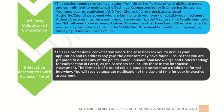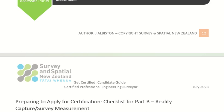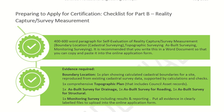as the assessors can include these in the interactive assessment. The format, again, I just want to stress, it really is a roundtable discussion rather than a traditional formal interview, and you'll receive separate notification of the day and time for this after you have put in your online application. So I'm now going to run through some checklists that I've put together for each section of